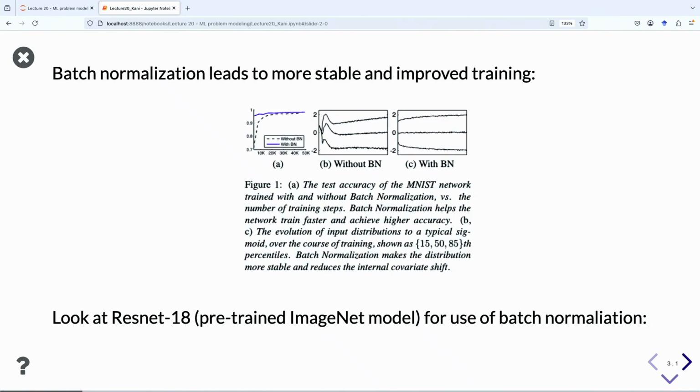They tested the accuracy of the MNIST network with and without batch normalization. And you see that with batch normalization, everything is much, much more stable than without it. Okay? So this is a hard thing to say. Does it improve accuracy? It's one of those things where you could find the same accuracy in theory.